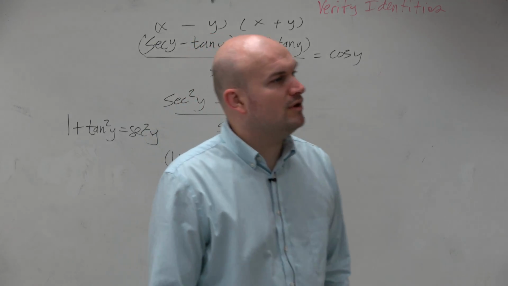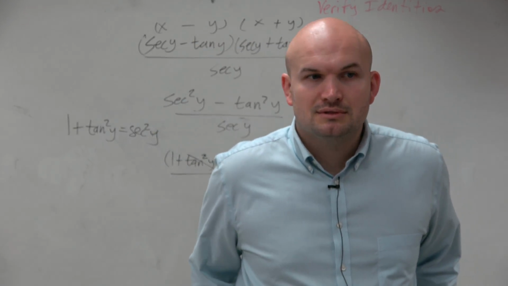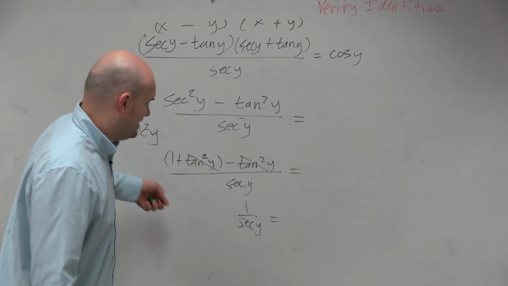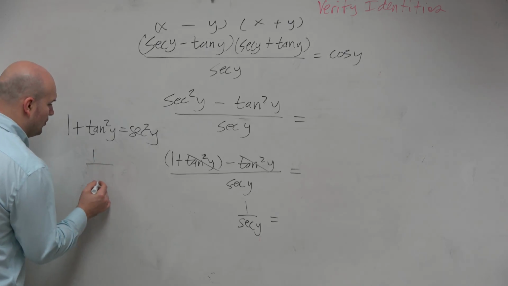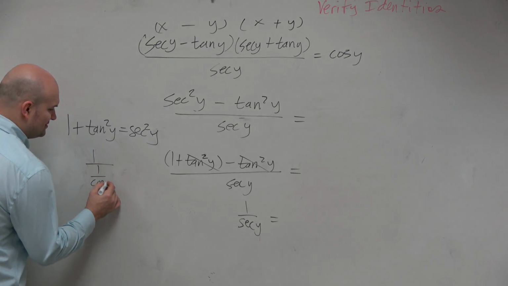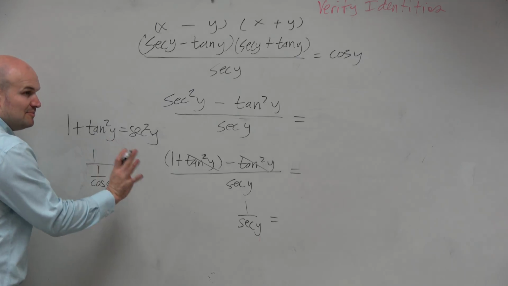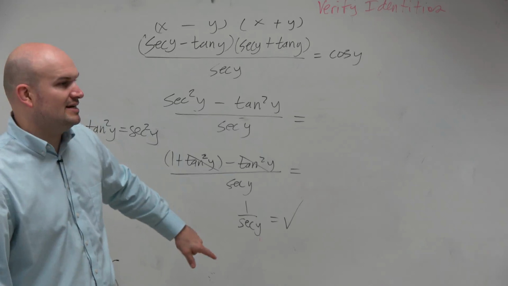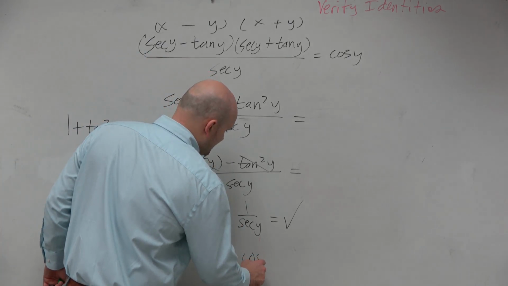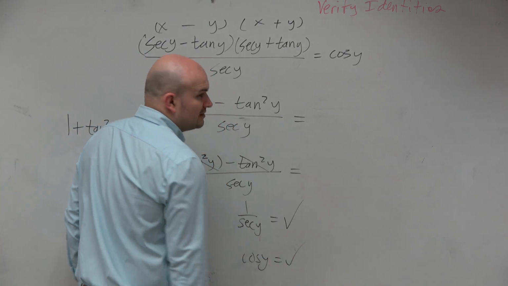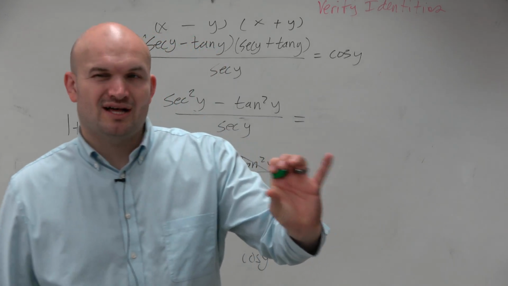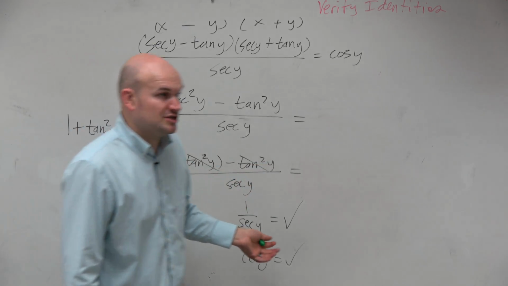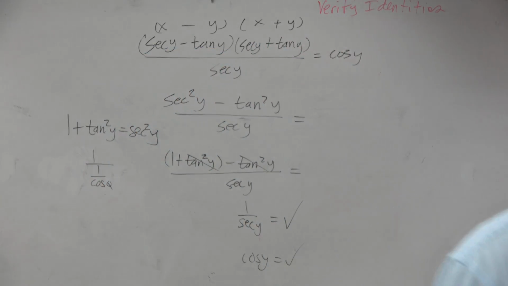How is 1 over secant of y equal to cosine? Well, 1 over secant is really the same thing as the reciprocal, which is cosine, right? Yes? So I would be OK with you verifying from that point. You could rewrite it as that's equal to cosine, do one more step further, which is fine. But when you have like a single identity, that would be fine. And like if it was a multiple choice question, like if it was simplifying,